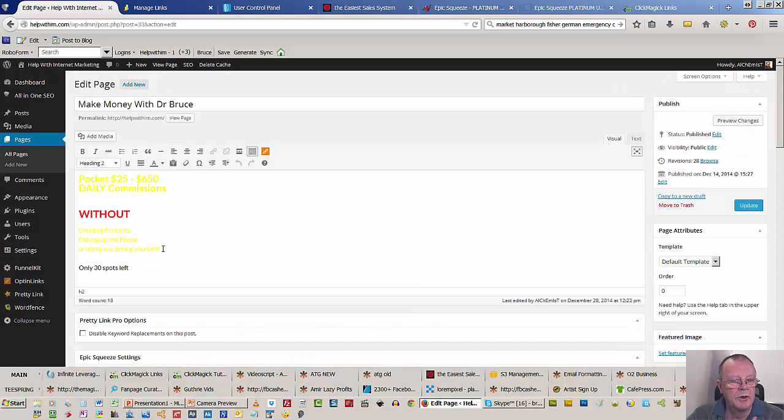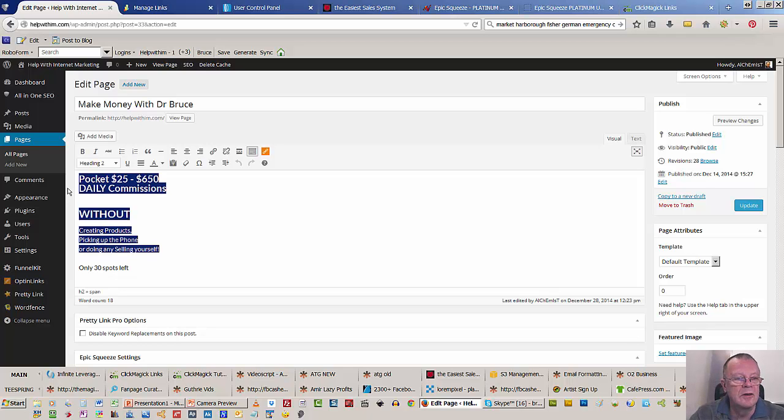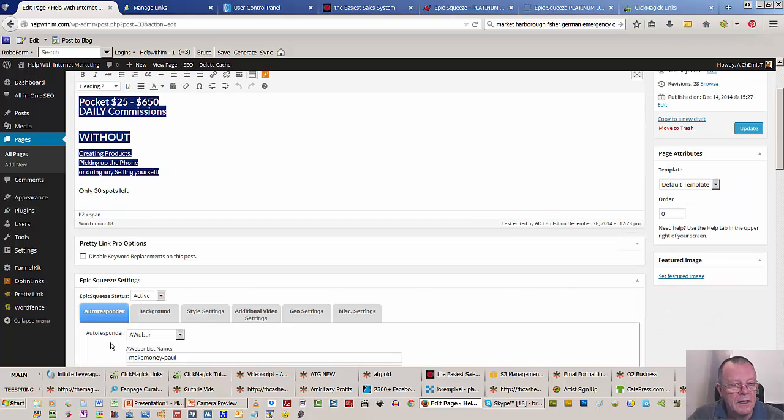This is where you would put your text in. This is in yellow, so it's not easy to see. So I'll just highlight it like that. But there you can see, there's my only 30 spots left, which does a countdown, creates urgency, people to opt in and get this offer. Going down here,